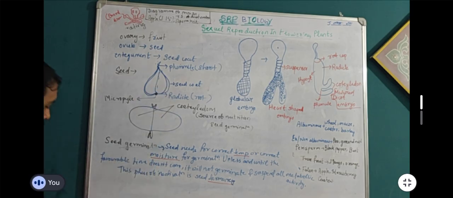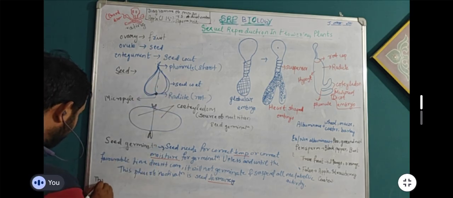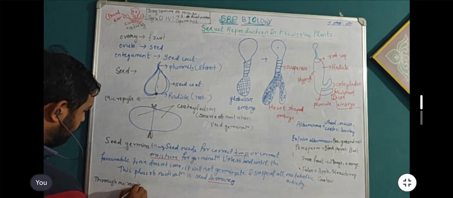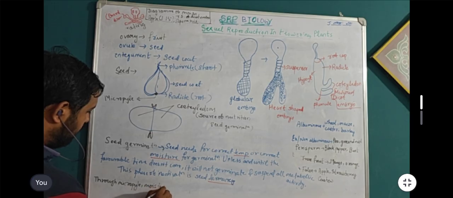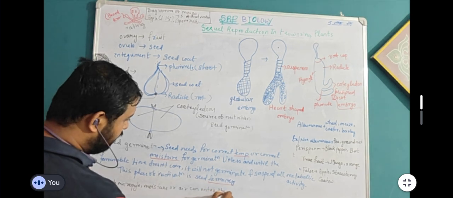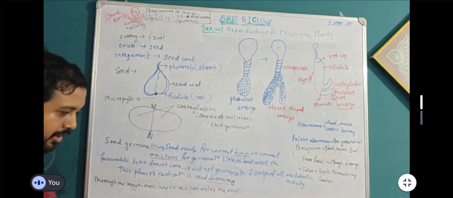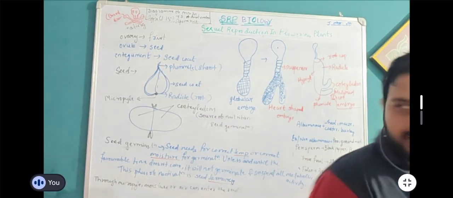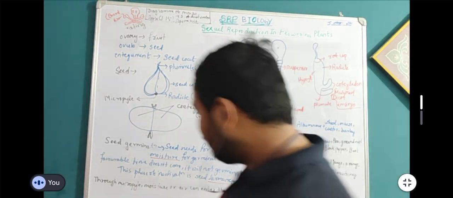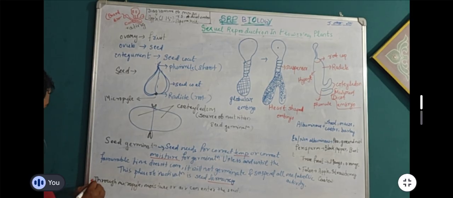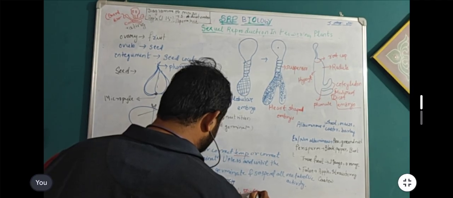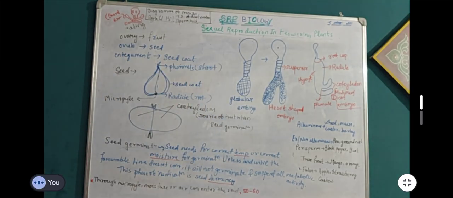And what is its function here? Okay, through the micropyle, moisture or air can enter the seed. So you know, the seed has many cells, they also need oxygen, they also need to breathe. So the site of breathing for them is the micropyle. Another important fact you must know is how much moisture they require for germination. Remember, they require 50 to 60 percent of moisture